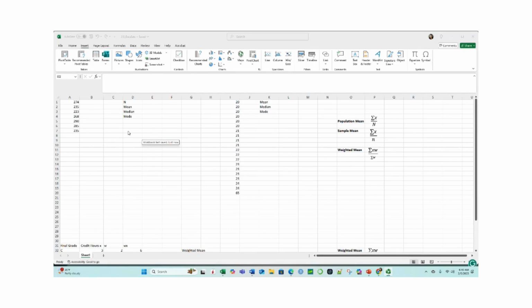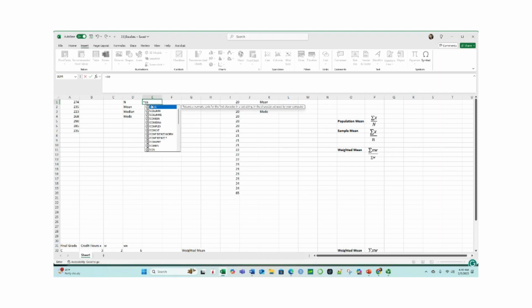The mean is calculated by adding all the data points together and dividing by the total number of points. And you will see the equation here. First, we need to get the total number of points. In order to find this, I will type equal and the COUNT function, double click it, then highlight your entire data set, then click it. That's when we have 7 total